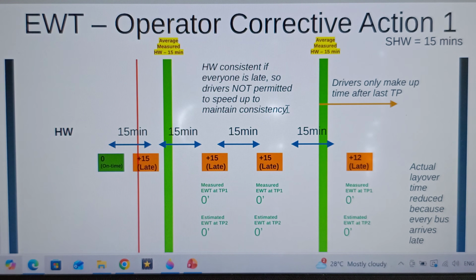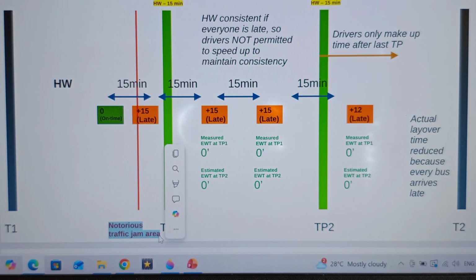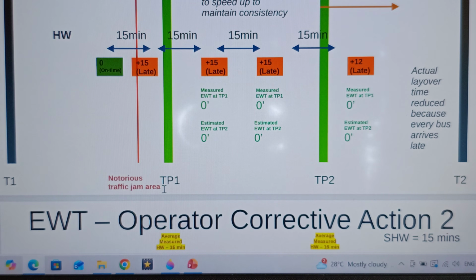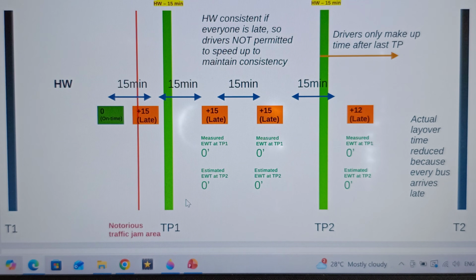So basically, you tell them, oh, it's all right, just drive normally, and yes, you all hit the congestion prone area, but you maintain your frequency. So if one bus is late, it's fine. Everybody's late. And if everybody just maintains their normal speed, again, I know in real life it's hard to do this depending on the notorious traffic jam areas, but ideally, the whole concept of this is that if you maintain your speed, you maintain your gap after the notorious traffic jam area, provided your buses don't actually get stuck there for significant periods of time.